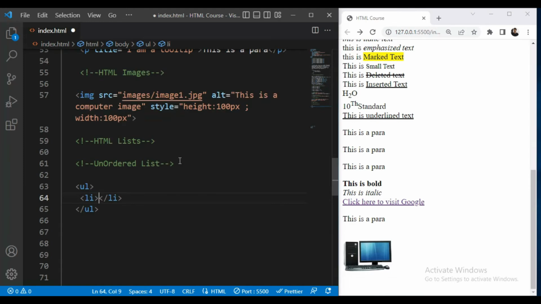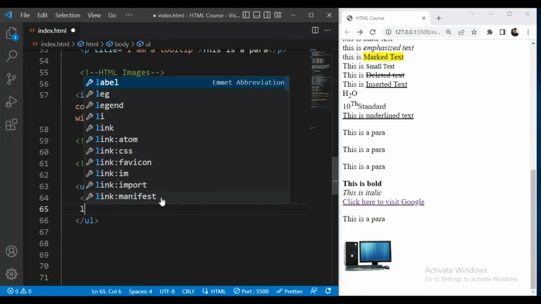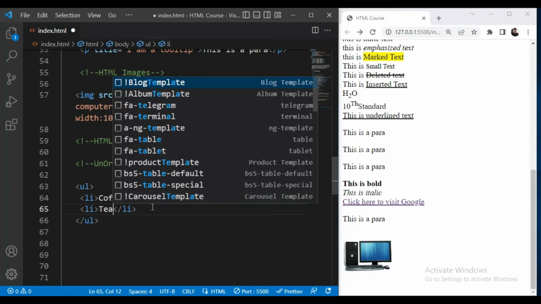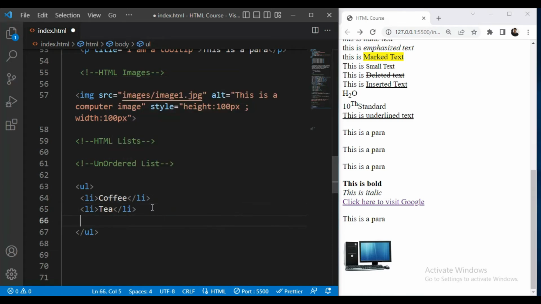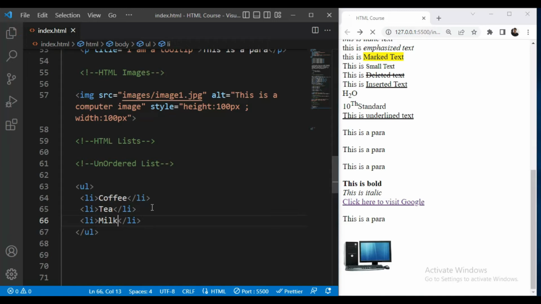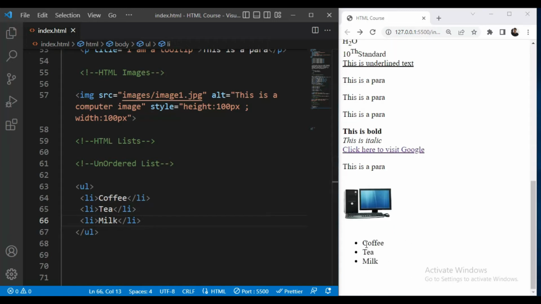So first we will write here, for example, coffee, then we will add another list item, that is tea, and then we will add milk. So let us save this. So now you can see we have 3 list items of an unordered list.